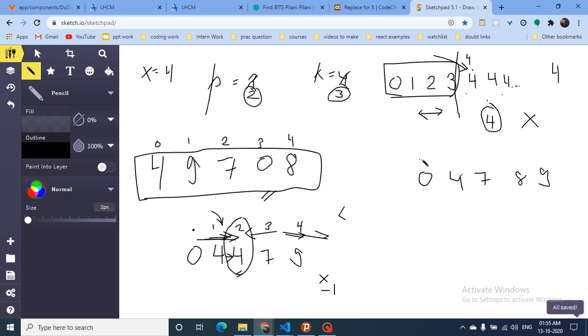Okay, now this is the indexing: 0, 1, 2, 3, 4. Now see, the number I can replace is this third index, and the number I want at this position is 9 at the second position. Now see, because I want 9, what my main goal is, I will keep on inserting 9 at this position.